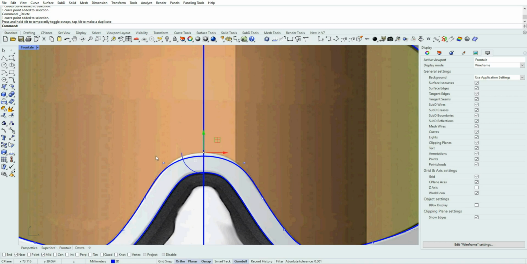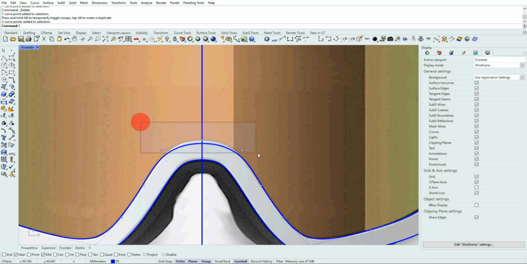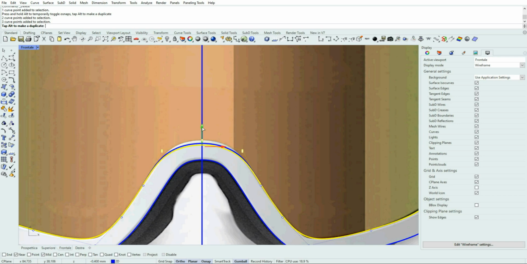And after that, we just make sure that these 2 points are aligned. They are.